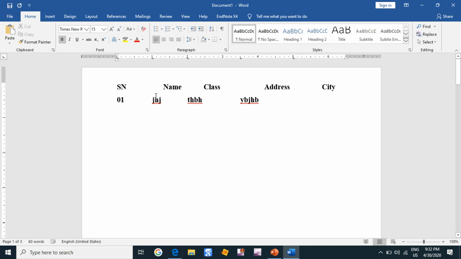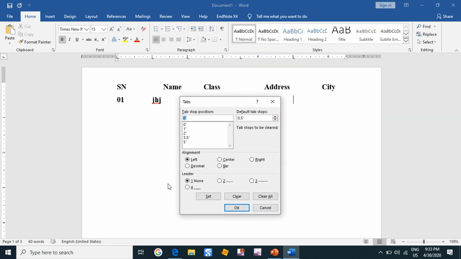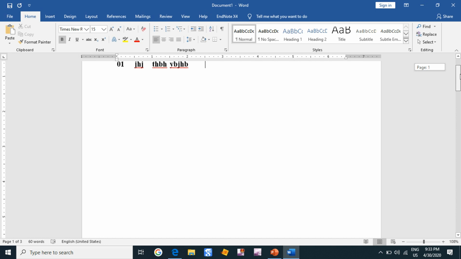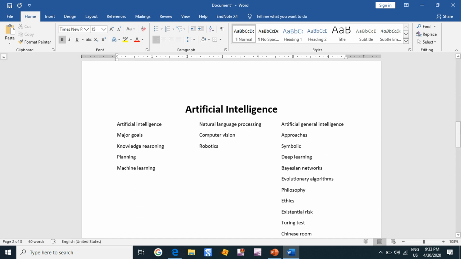And if we now want to remove all of the tab stops that we have already set, we are gonna go again to this arrow, tabs over here, and here lies the clear all option. I'm gonna clear them all and OK, and see, all the tab stops have been removed. So I'm hoping that all of you have pretty much learned about the tabs, their functions, their usage, and so on. So the next thing which we'll learn